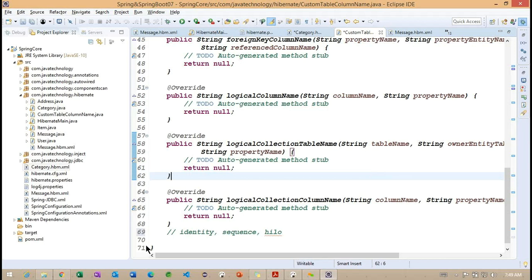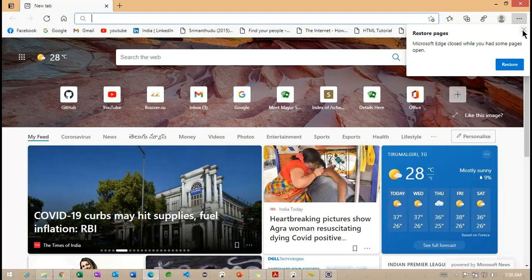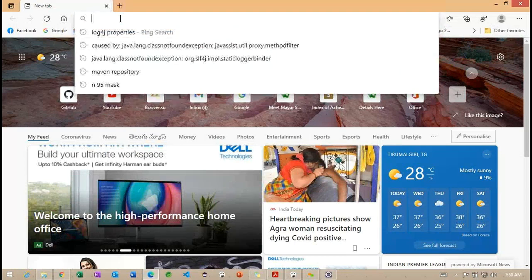The first value that this particular generator is going to return is one, and the second record's value will be inserted as some different value. Getting the point? So basically, what happens internally? This Hilo generator is going to have some static values, and those static values are going to be inserted here. So the first one we are going to get as 1 here, and when we try to insert the second record, what happens internally?